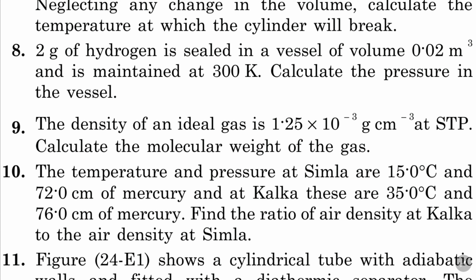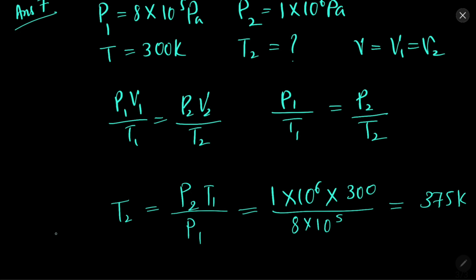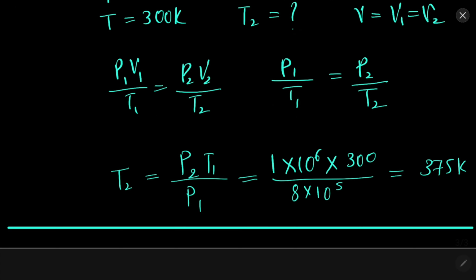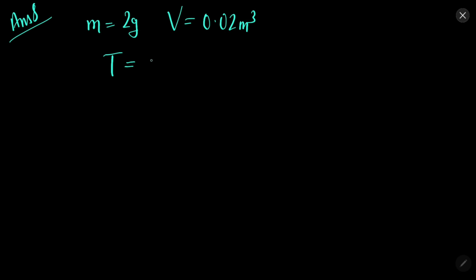In question 8 we have 2 gram of hydrogen sealed in a vessel of volume 0.02 meter cube, maintained at temperature 300 Kelvin. We need to find the pressure. So what do we have? Mass is 2 gram, V is 0.02 meter cube, T is 300 Kelvin, P is unknown. PV equal to nRT,